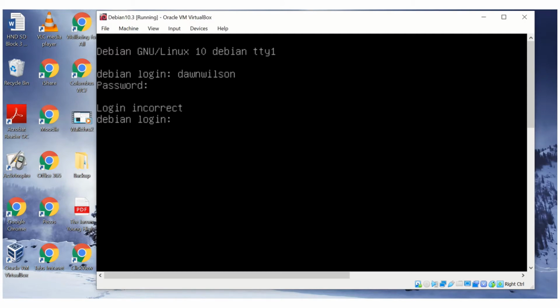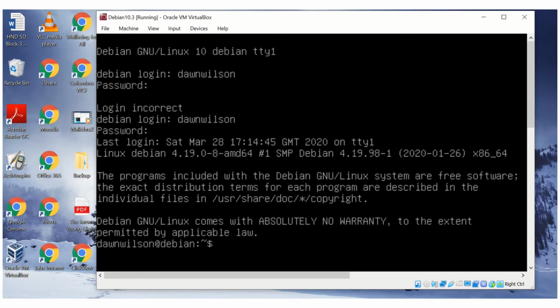Typed the wrong password. So it does take a wee while to come back to you. Do it a bit slower this time. Okay, so